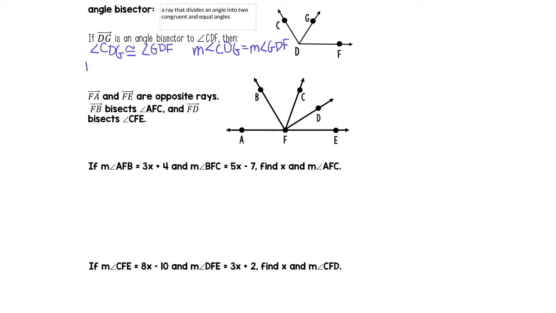We can also say the measure of angle CDG is equal to 1/2 the measure of angle CDF,